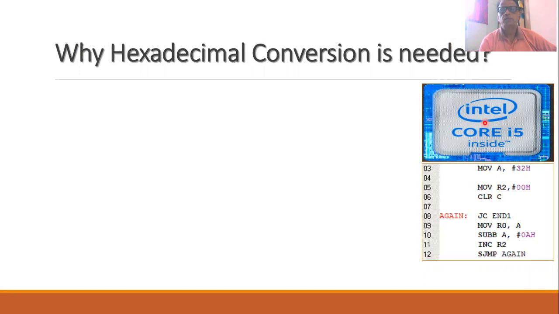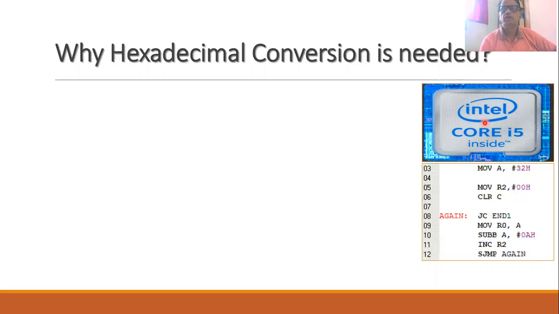Friends, you will find that the use of the microprocessor is rapidly increasing. Microprocessors are not only used in our computers, laptops, or tablets, but also in cars. There are many devices in which microprocessors are used, and such systems are called embedded systems. Whenever a microprocessor is used in a car or automobile, it is frequently needed that you write appropriate programs for such microprocessors.